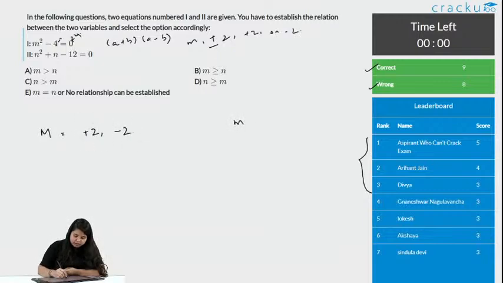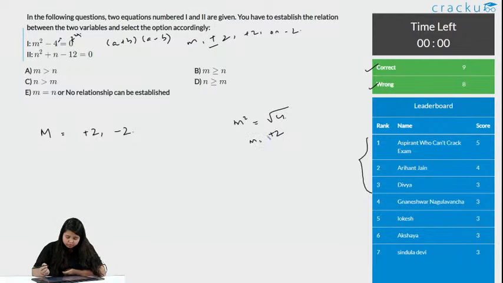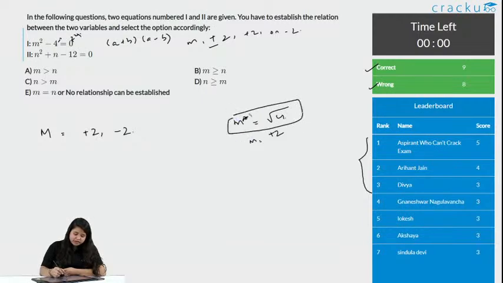Remember, when you have this equation like is equals to root under 4, then you get only one positive value, that is plus 2, m is equals to plus 2. So, then you get plus 2, as after the root, when you remove the root, you just have the value in positive but not negative, and this is a linear equation. But when you have this, you will get 2 values, that is plus minus 2,